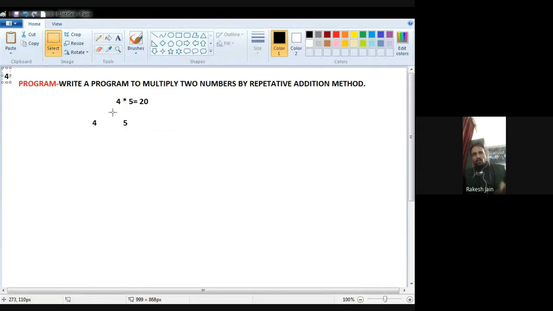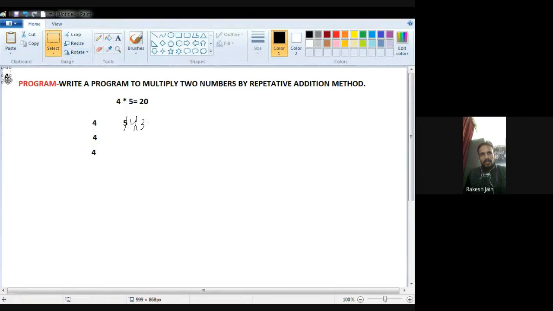So this 4 will be added with 4. One time we do the addition, so decrement the second number by 1. Then again add 4. Now decrement the second number once more, so it will be 3.